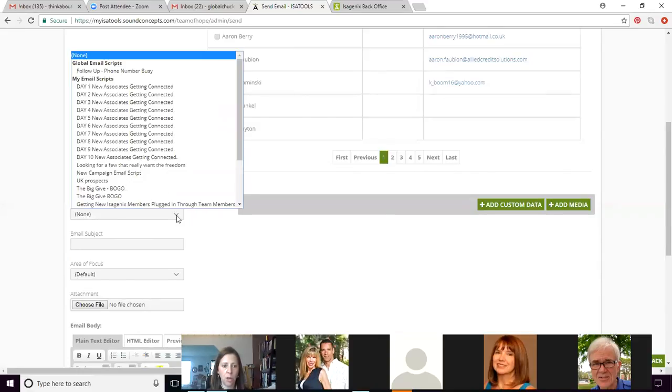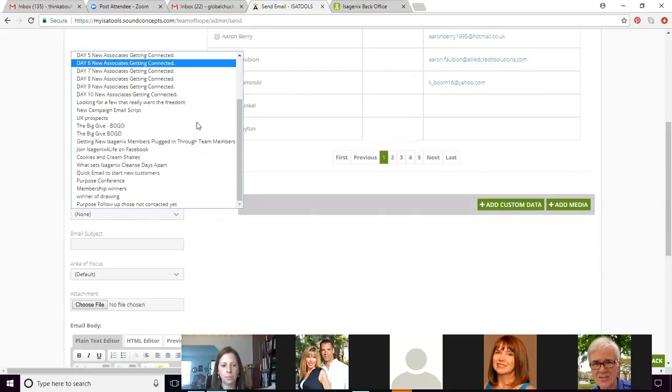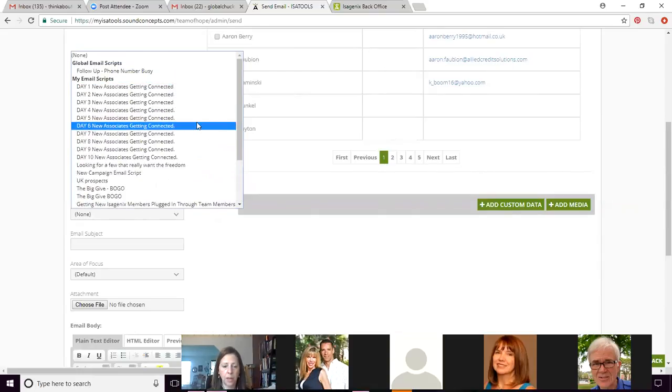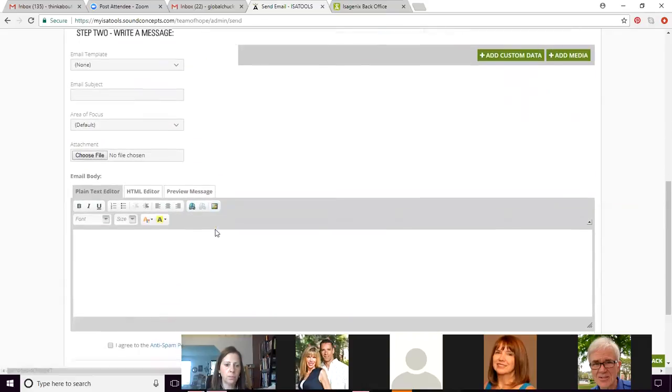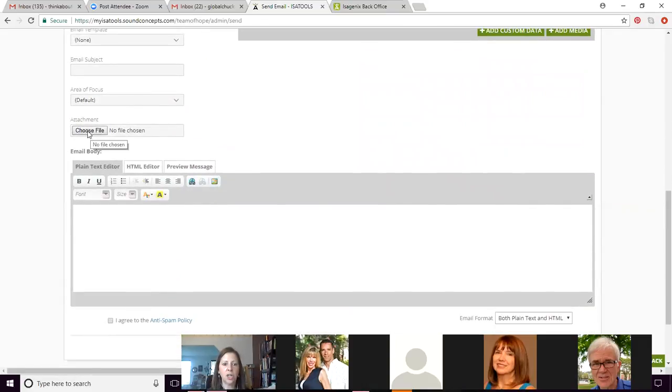But this is where you would click on. Some of these are already back there. Some of these are ones that I've created, so they're not all going to be back there. But if you create them and you save them as a template, this is where they would also fall into this group here. You can actually attach files from your computer, so it doesn't necessarily have to be connected to the IsaTools tool, but you can do that here. You can also do that with this icon here. You can set up hyperlinks,